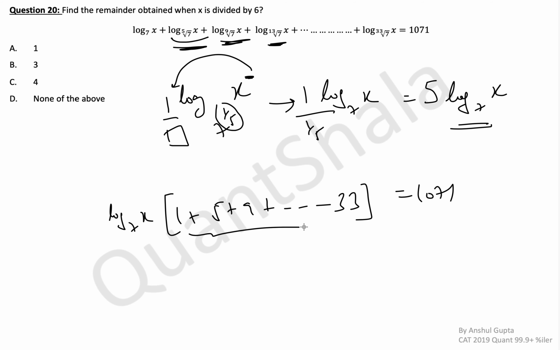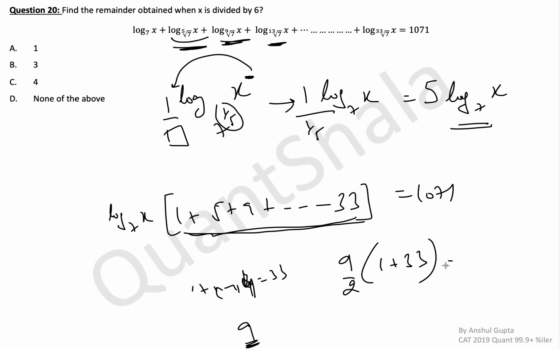Now this is just a simple arithmetic progression question. So how many terms are here? A plus n minus 1 d, simple. 1 plus n minus 1 into 4 is equal to 33. Okay, so n you get as 9. So 9 terms total. What is the sum of an AP? n by 2 into A plus L, first term plus last term, 1 plus 33. Okay, this comes out as 34 divided by 2, 17, multiplied by 9 comes out as 153.